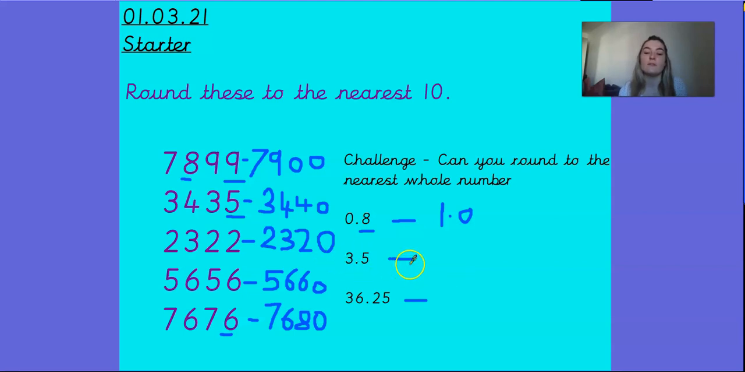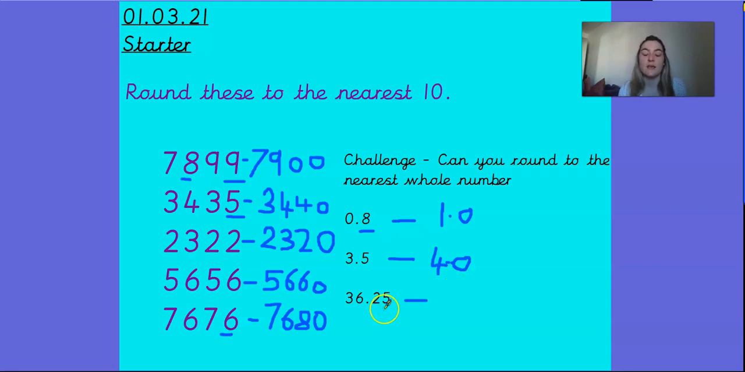Now I've got 3.5 here, so thinking about what I just said, if it's 0.5, then you need to round up to the next whole number. So I've got 3.5, my next whole number would be 4, so I'm going to write that as 4, or you could just put 4.0 for this exercise just to be clear that you've got no tenths here. And then I've got